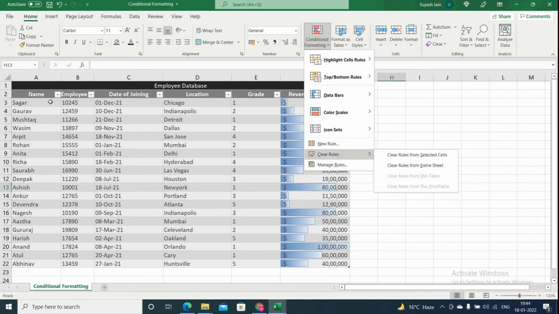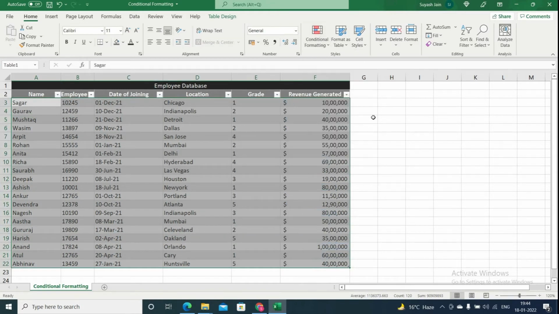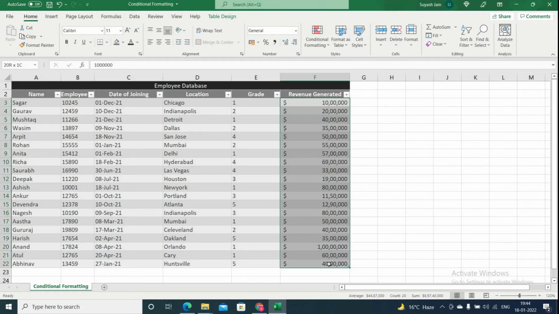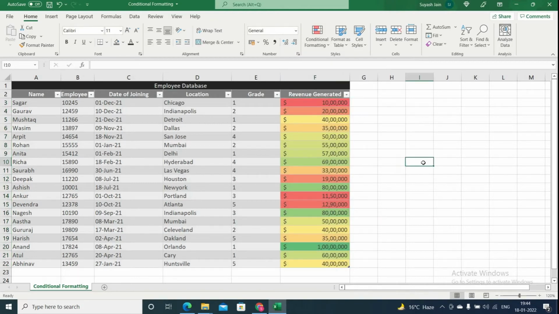So now let's select this entire table. Again, remove the rules. And again, select all the rows under the revenue generated one, and let's use the color scale section. So when you use the color scale option, it would basically generate a heat map on the values you selected, where the red color would be given to those values which are on the lower side. When you move a little bit on the higher side, the red color basically changes to yellow, to amber, and when you move on to the topmost values, then the amber or the yellow color is changing into green color.